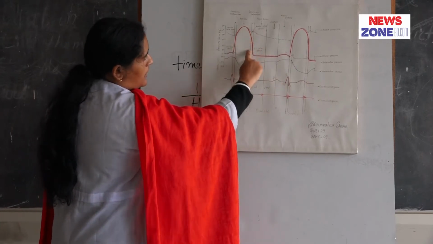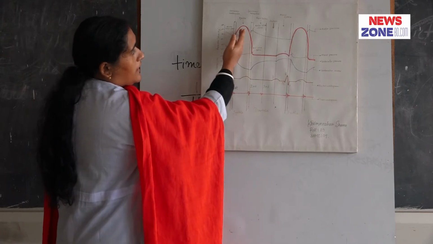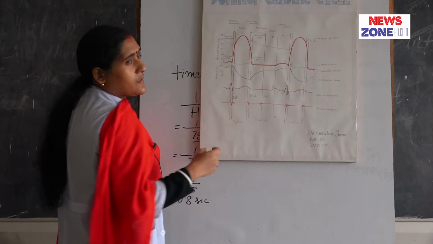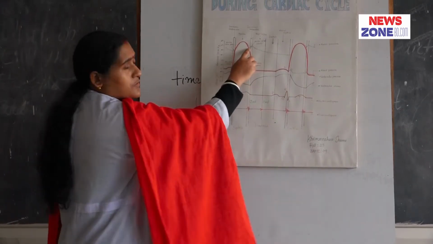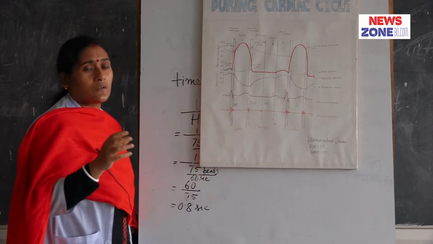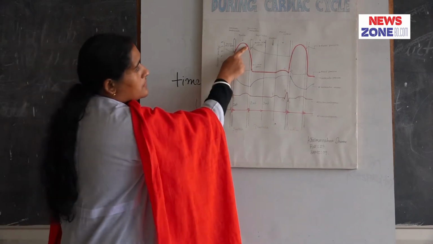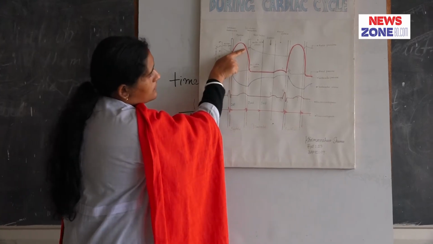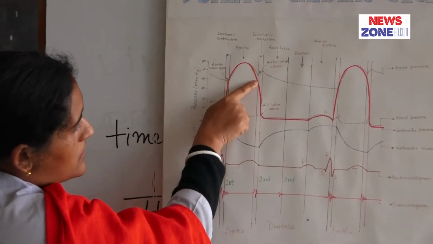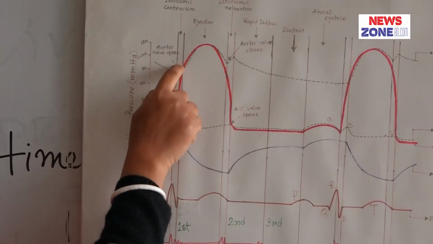This is the protodiastolic period. This phase starts at the end of the ejection period and the beginning of the ventricular diastole. Diastole means relaxation. So during ventricular diastole, the ventricle is relaxed, so interventricular pressure falls. So when the ventricular pressure falls below the aortic pressure, this is the aortic pressure curve,